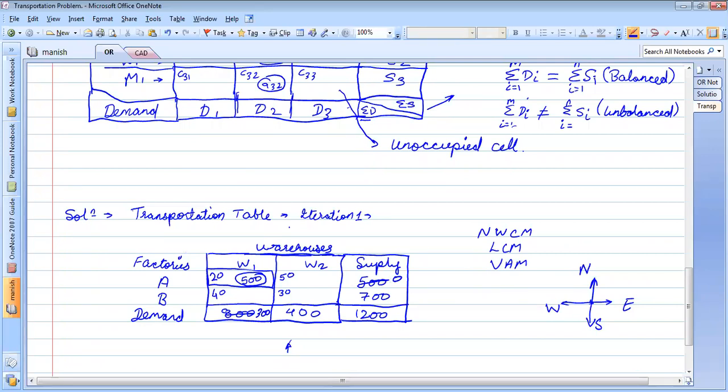So this will become 0. But what about warehouse 1? Warehouse 1 has 800 capacity, out of which 500 is being supplied from factory A. So what is the vacancy? What is the storage space it still has? It is 300, isn't it? So how to get this 300? We have reduced 800 minus 500, isn't it? Is it clear now?